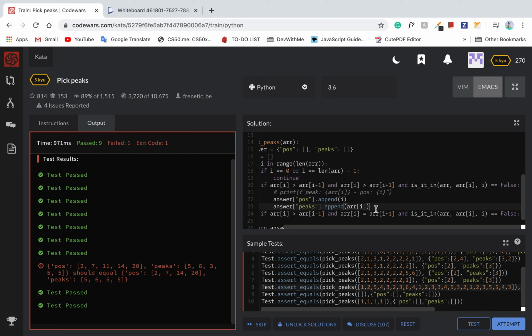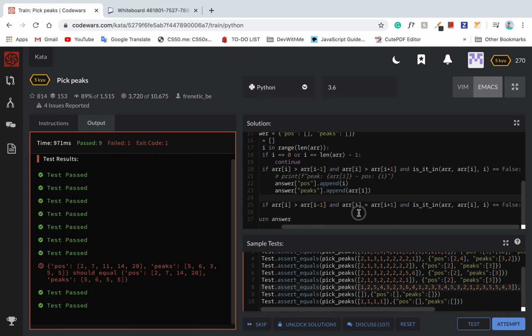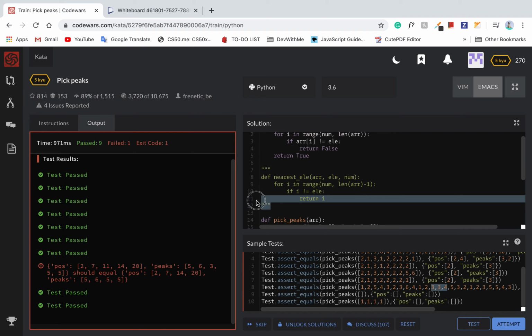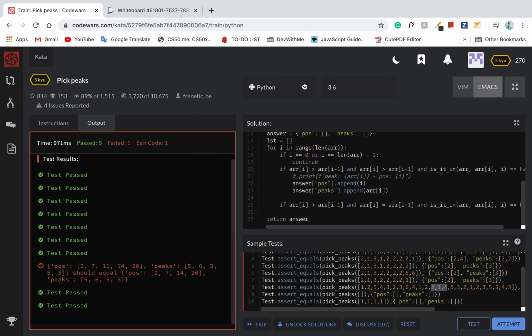Now what we'll do is we need to have like a double check. So what do we exactly want to check? Is there any element that is greater than this and is not in the list? I don't know if this works, but